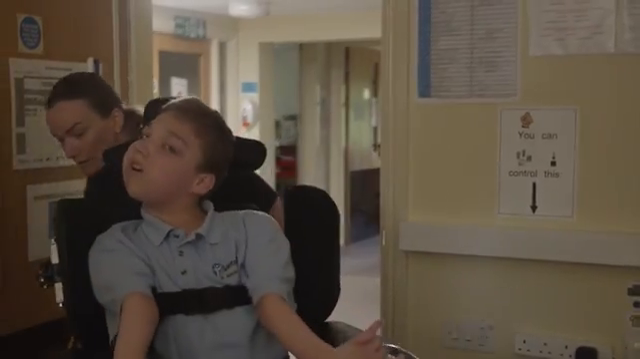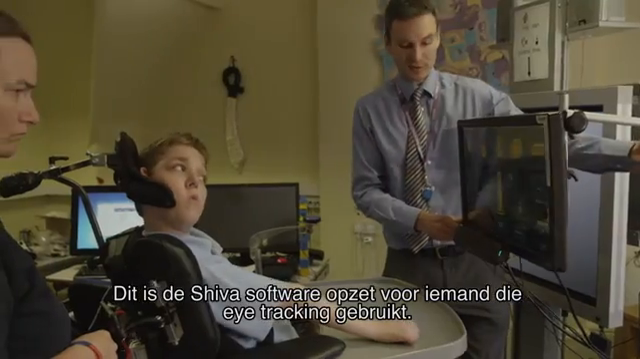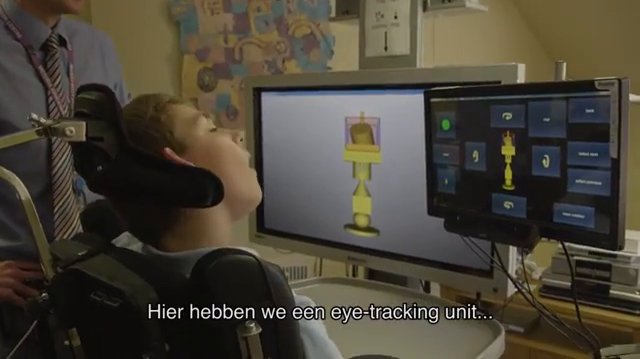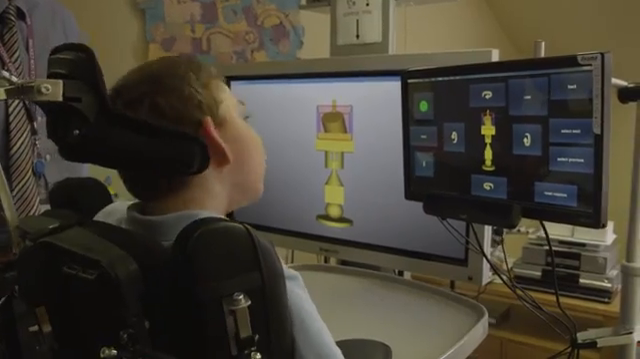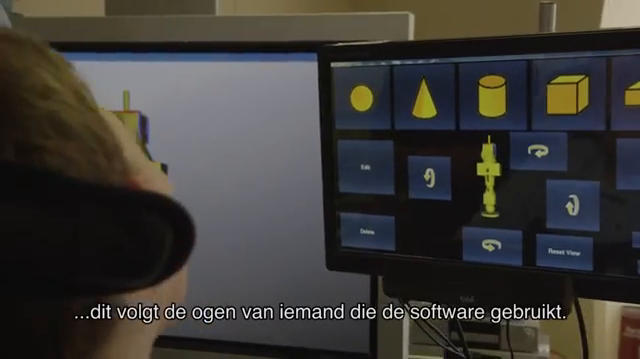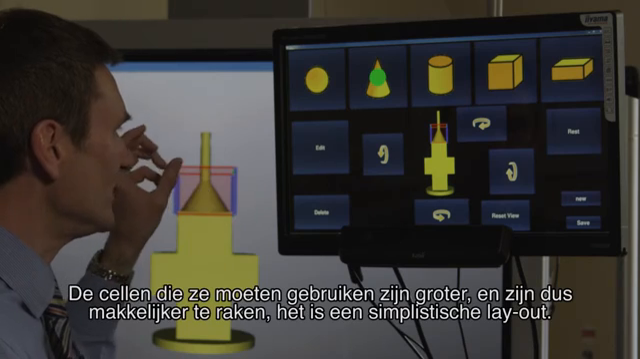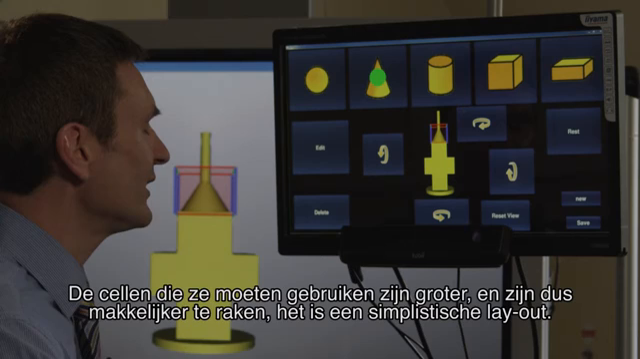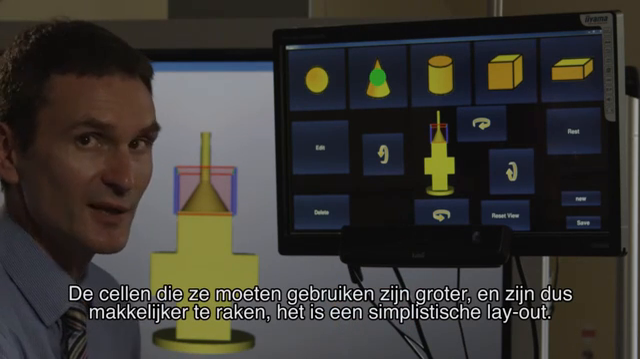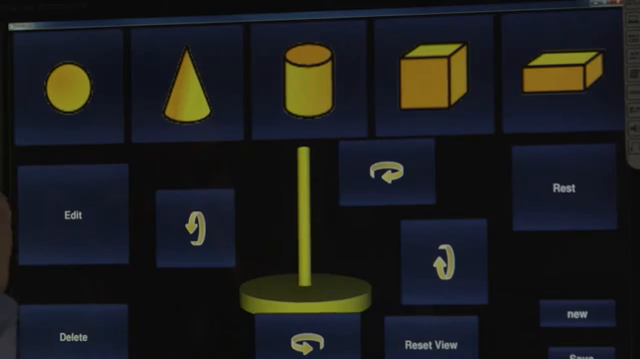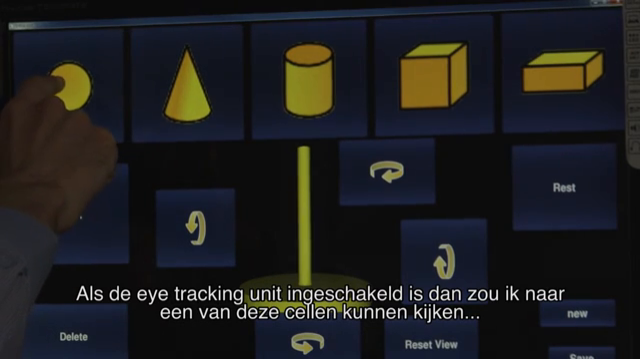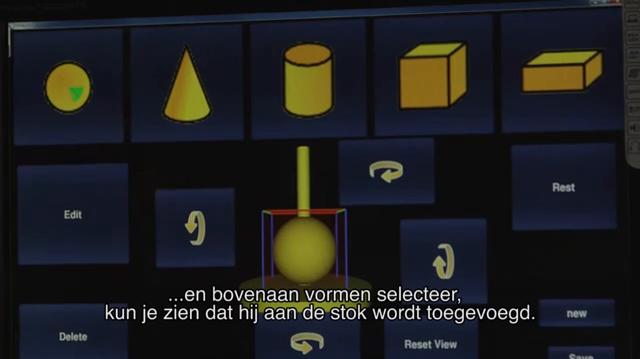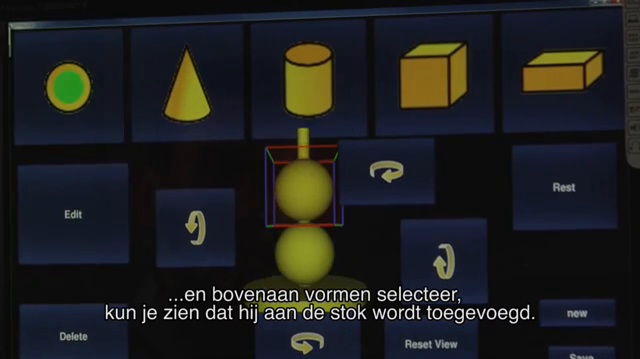This is the Shiva software set up for somebody who uses an eye gaze system. So here we've got an eye gaze unit. This tracks the eyes of the person using the software. The cells that they need to access are larger, so they're a larger target, easier to hit. It's a more simplified layout. If the eye gaze unit was enabled, I would be able to look at one of these cells and select shapes at the top. If I just touch one, you'll see that it adds onto the